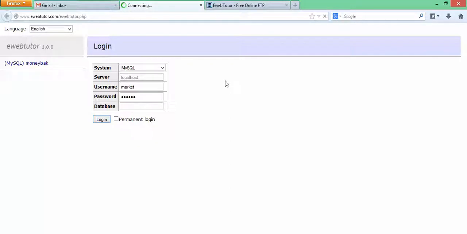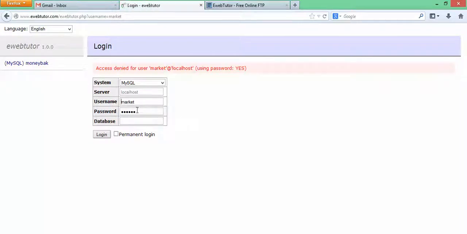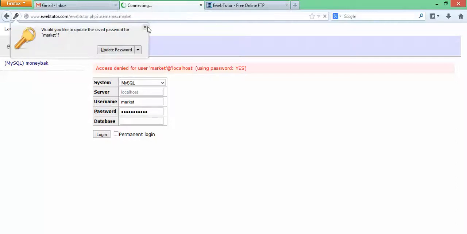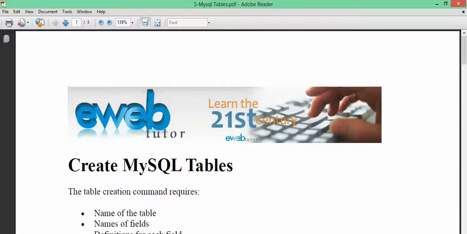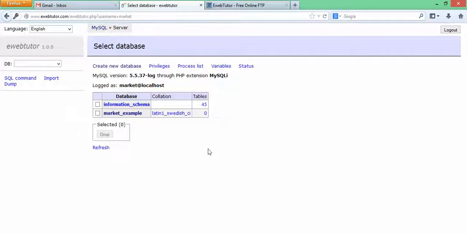Normally I teach you how to create a table from the phpMyAdmin, whether you are using the mobile version or the web version. But this time around, I want to teach you how to create a table from a script. And how do we arrive at this? The first thing is that before you can create any table from a PHP script, the database